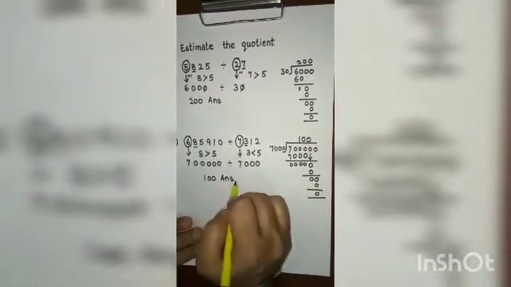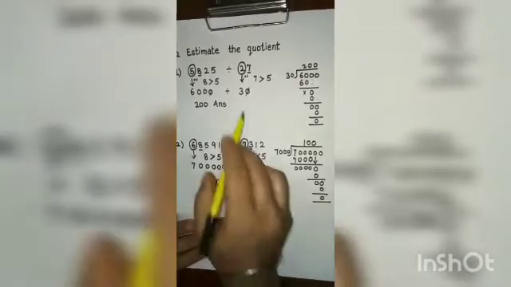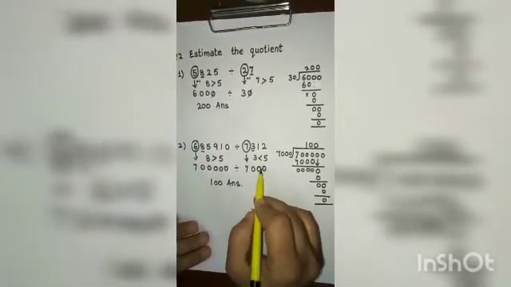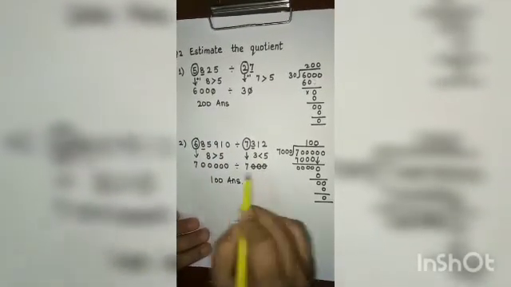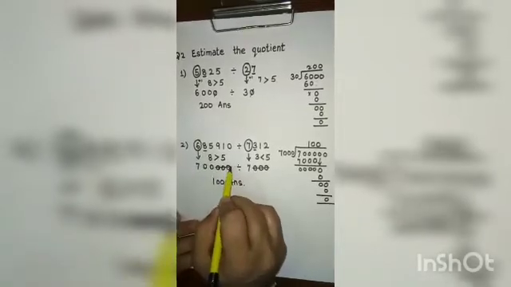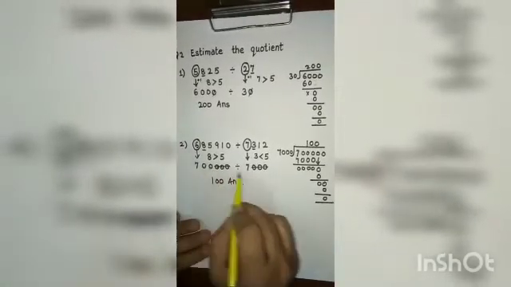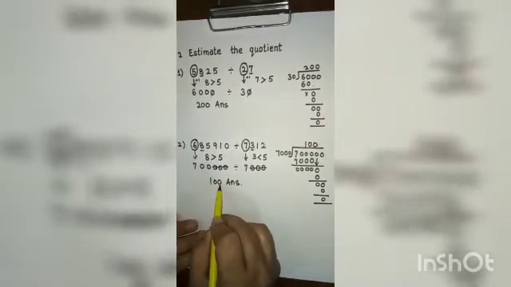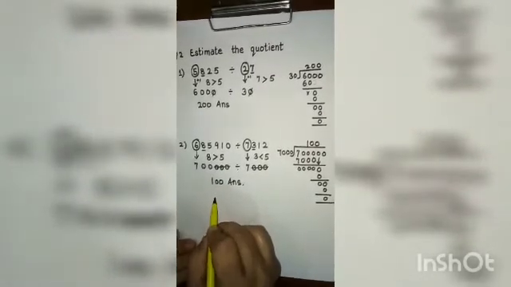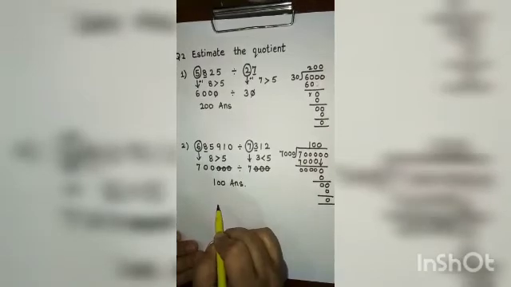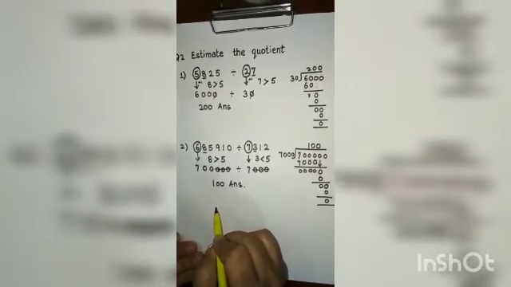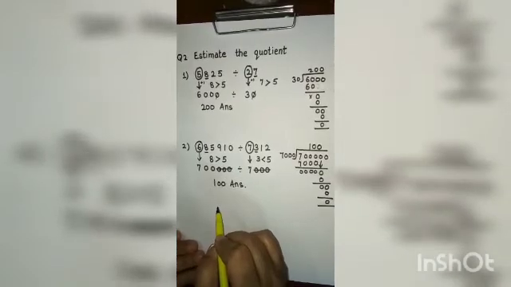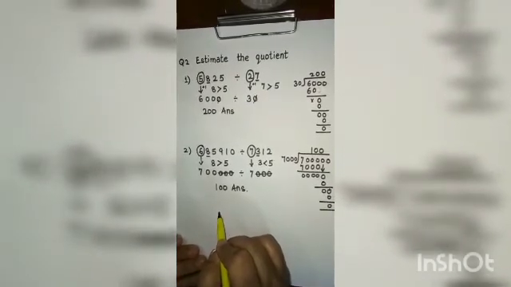And another way of finding out the answer, as I have told you, you can count the number of zeros. Here 3 and here again 3. So you are left with 700 divided by 7 and you can get the answer 100 easily. So now you are through with the multiplication and division of numbers by estimating them. So do it properly, nicely.